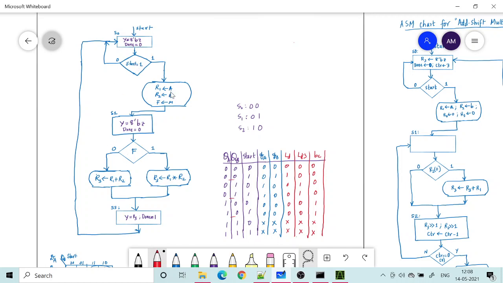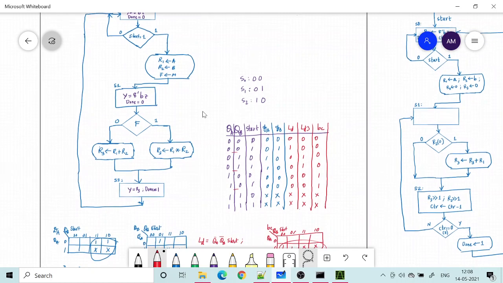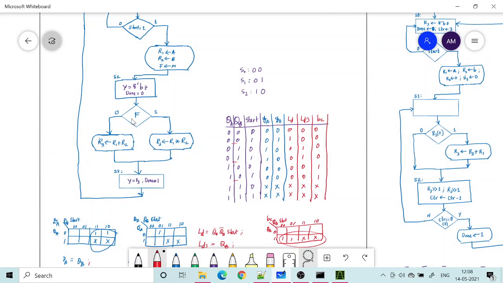If start becomes 1, I am loading the register, my output done is 0 and Y is at high impedance state. But then what else I am doing in S1, I perform multiplication and addition. I choose whichever I want by using the F, which is the mode selection input, and that is getting loaded.